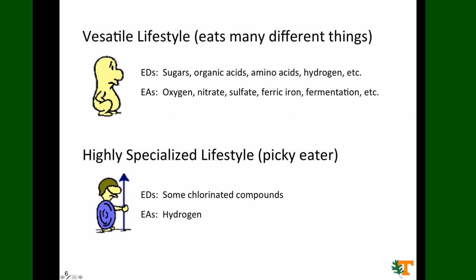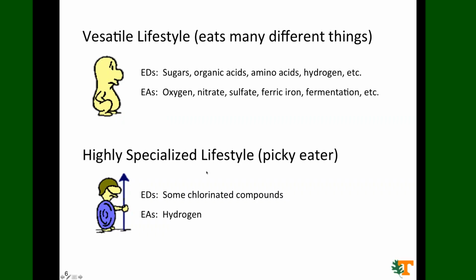The point here is that this type of organism has a versatile lifestyle, meaning it can eat many different things, including the contaminants. In contrast to this type of lifestyle, we also have organisms that are highly specialized. They're picky eaters. For example, you may have heard about Dehalococcoides as an example for such an organism